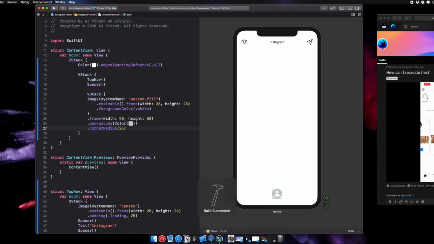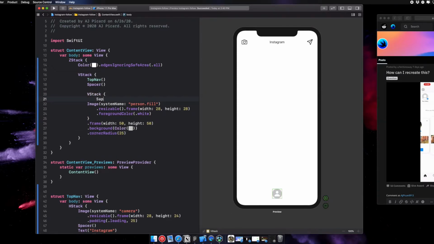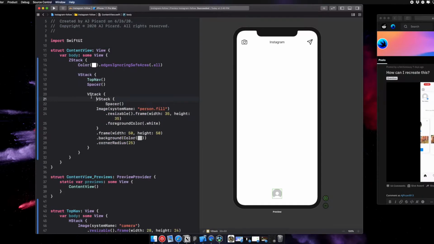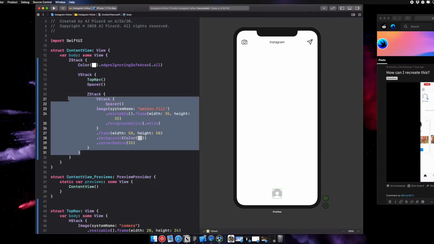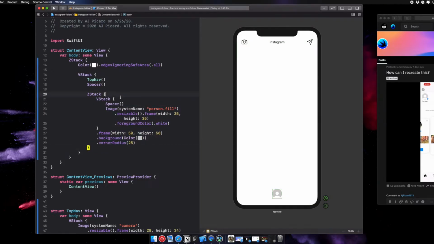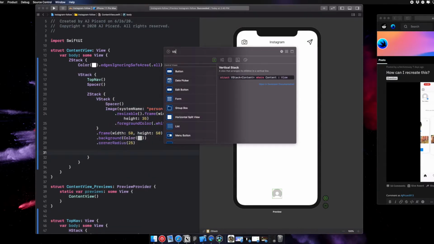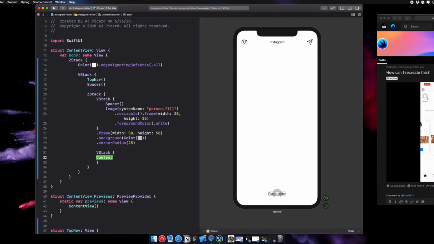Okay, so that's good. And then add a spacer to this V-stack. Bump this guy down. And I think we should honestly make this bigger. There we go. Or 35 maybe. 35. That's better. Okay, now we got this. Now we're gonna embed this guy into another V stack, but make this a Z stack. I'm gonna fix this. Then we're gonna come down here, add a V stack, and we're gonna add an image,